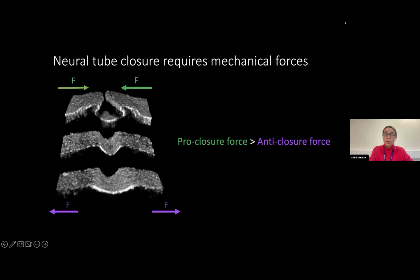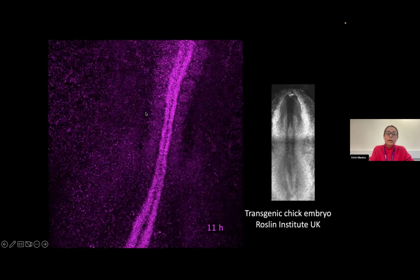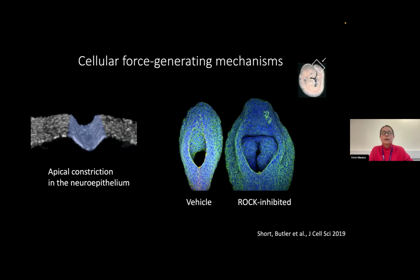So they may originate from other tissues, such as the surface ectoderm, which is a superficial layer on the side, and this will be the future skin, presomatic mesoderm, and other tissues. But on the whole, pro-closure forces, which are here in green, need to counteract anti-closure forces for closure to be successfully completed. Now, we and others have worked on cellular force generating mechanisms, and these have been described across scales